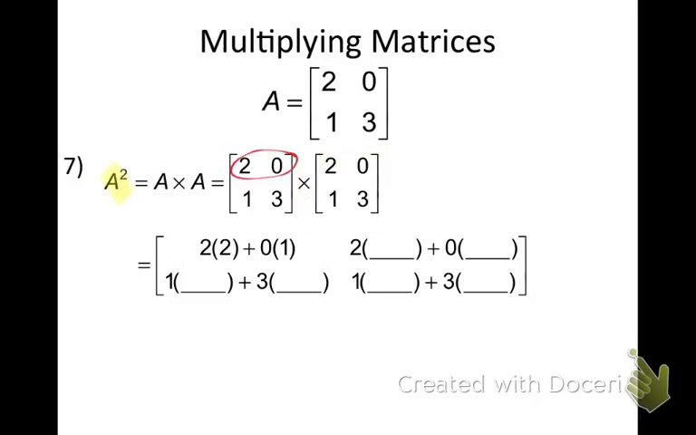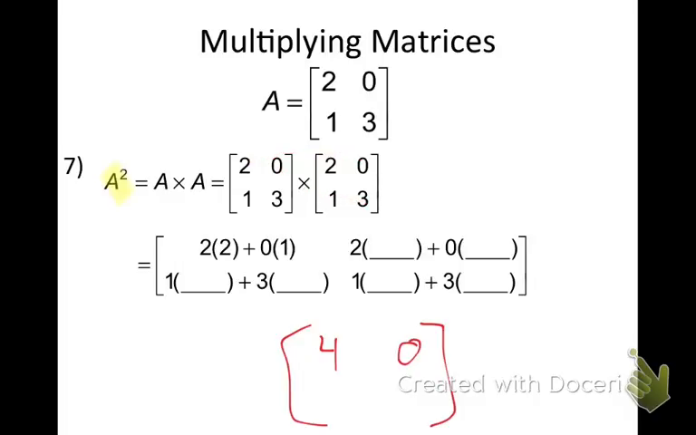So again, taking the rows times the columns. Rows times the columns. Okay. Take about a minute or two, work these out on your own. All right, looking through this here. First row, first column. 2 times 2 was 4. 0 times 1 was 0. 4 plus 0 is 4. First row, second column, 2 times 0 is 0, 0 times 3. 0 plus 0 is